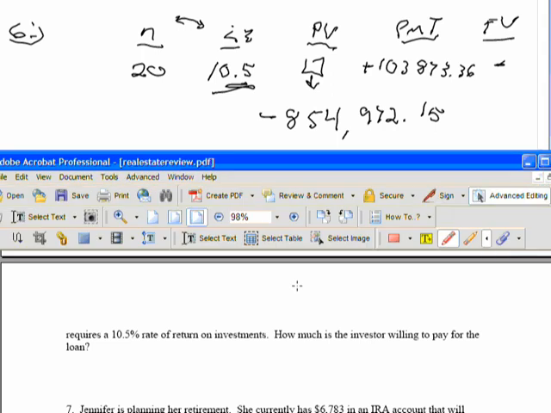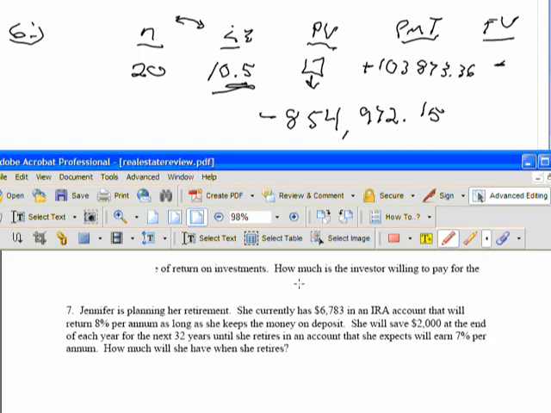Number 7 is going to take a little work, I think. It's one of those problems where it's actually 2 and 1 again. And in number 7, Jennifer is planning her retirement. So these are all those good practical problems. She currently has $6,783 in an IRA account that will return 8% per year as long as she keeps the